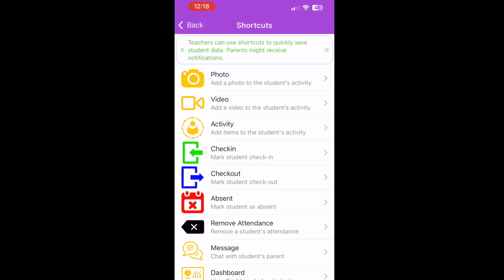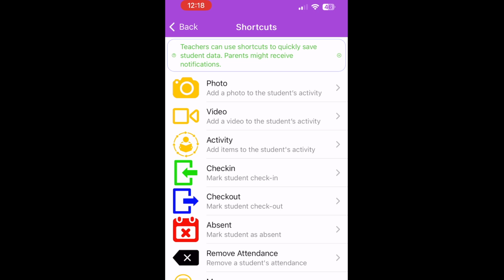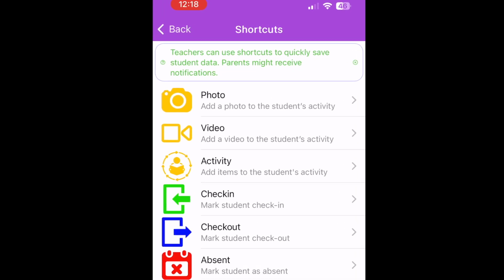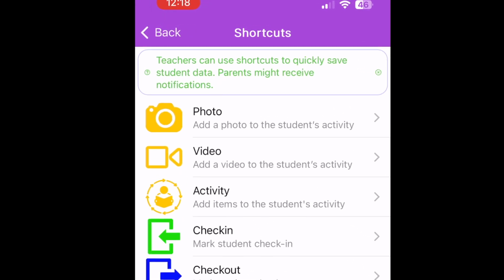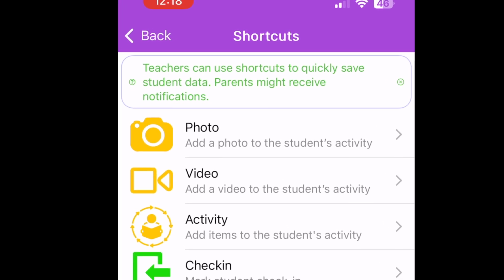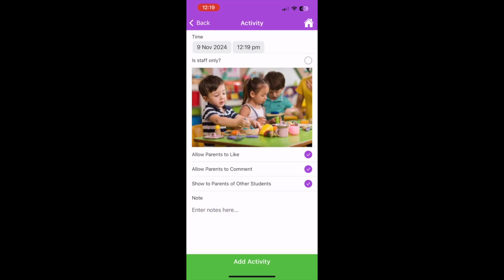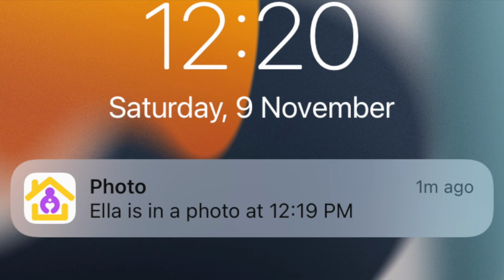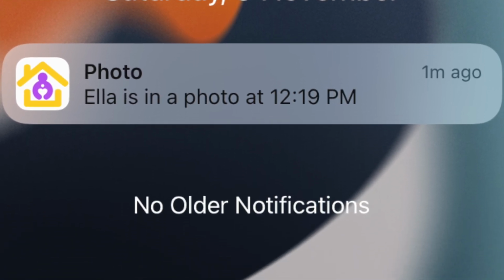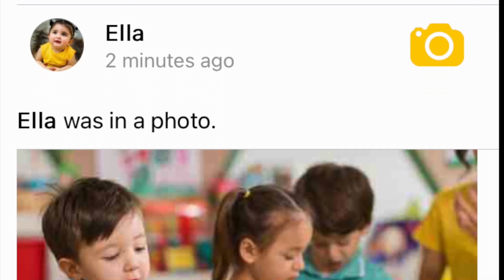activity is saved. Photo. Use photo to capture a moment in the classroom, whether it's a child's artwork, group playtime, or a special project. Select photo in the Shortcuts menu, scan the student's QR code or select their name, then take or upload a photo. After saving, parents receive a notification, and the photo appears in their timeline, where they can like or comment on